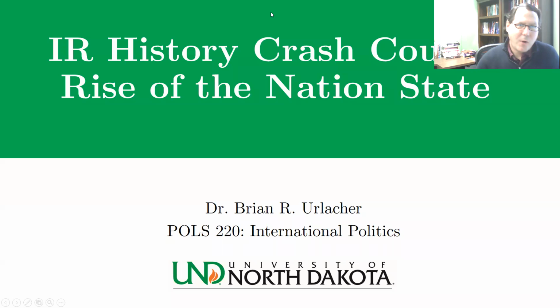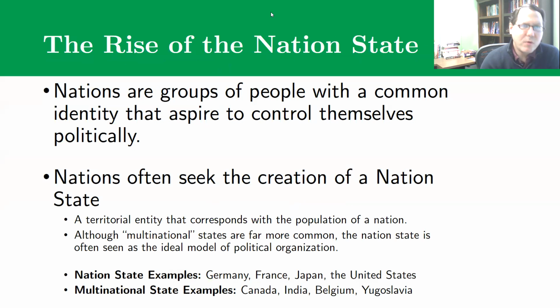So this is the second part of a conversation about IR Crash Course History, where we look at major processes that have remade the international system over vast swaths of human history. And this conversation about nations and the rise of the nation state really dovetails with the conversation about popular sovereignty, where we're trying to explain the process by which that European map got reshuffled from something that involves corporate holdings between powerful families to something that looks more or less like what we see today, territorially contiguous states. And in order to explain that, we really need to set up this idea